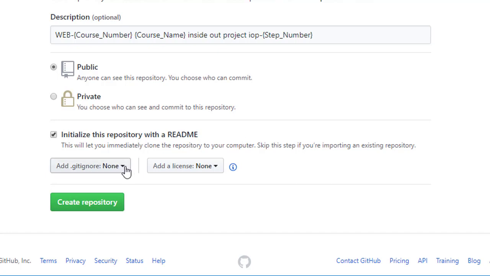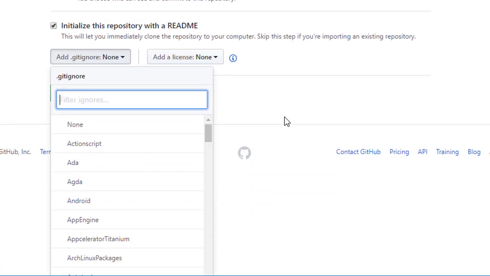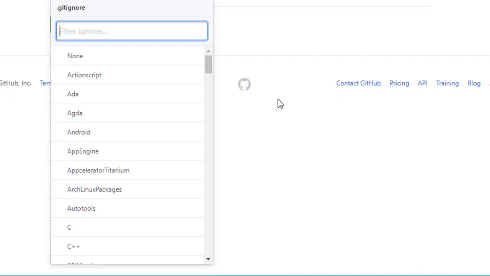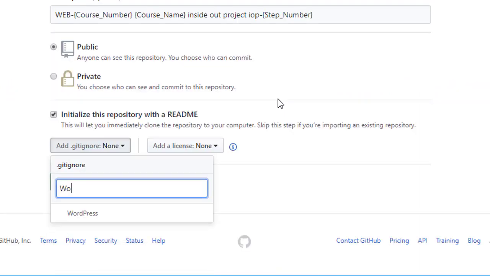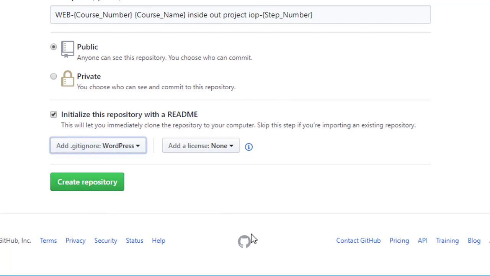Additionally, now we're going to add a gitignore file to our repository right away. The way that we'll initialize it is we'll just go after a WordPress initial gitignore file, and we'll do more with that later. But what that'll do right now is ignore Git files. If you need WordPress files, to learn more about that, please just go ahead and explore gitignore outside of this lesson. I'm going to create the repository,